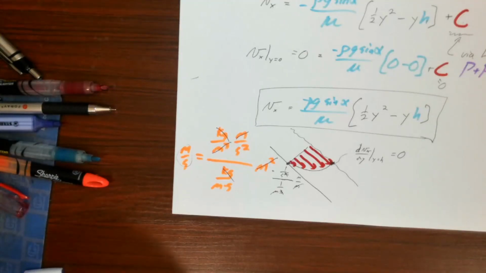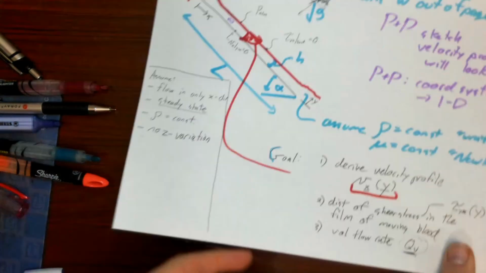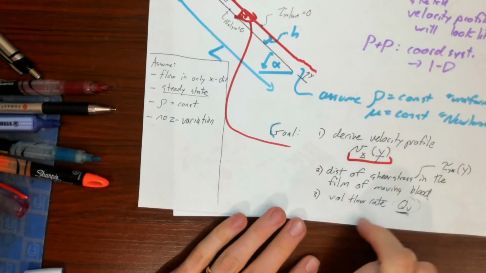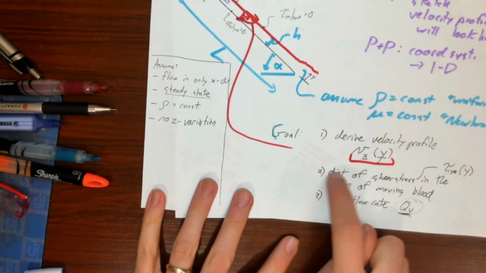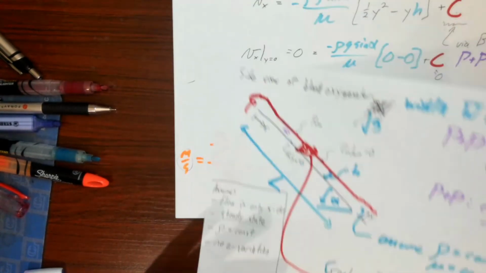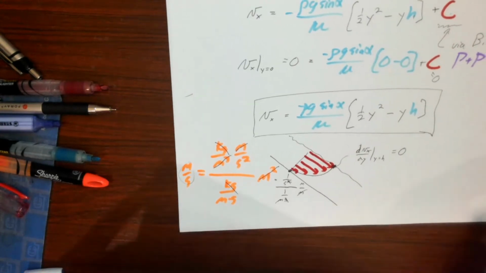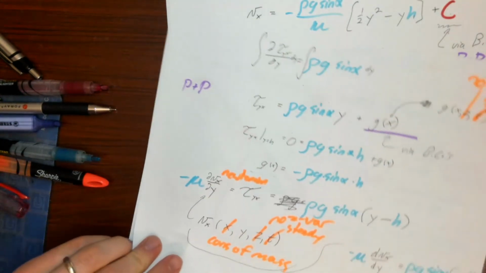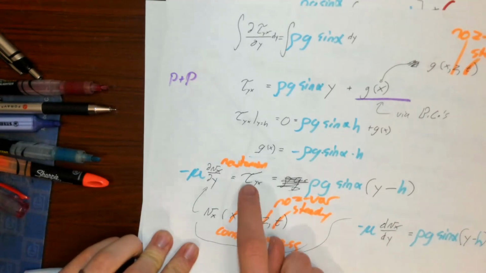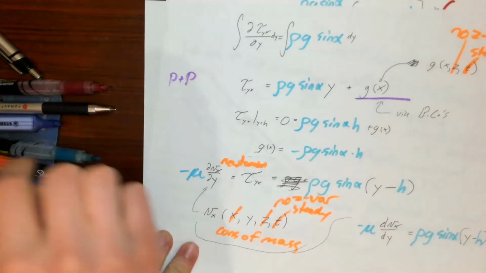So what's another thing that we wanted to do? Well, I would say we successfully derived our velocity profile. We have our distribution of shear stress in the film of blood. Well, actually, we kind of got number 2 for free on the way, right? If you look back to the expression that we had for shear stress earlier, we already got our shear stress distribution. So take a moment now,